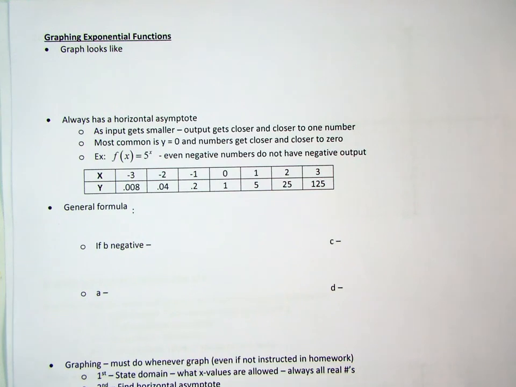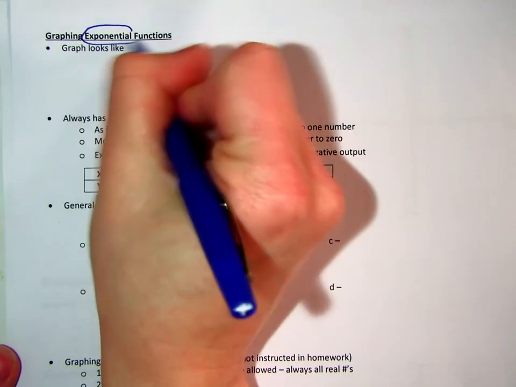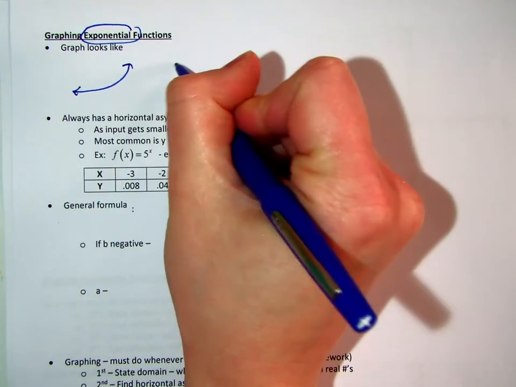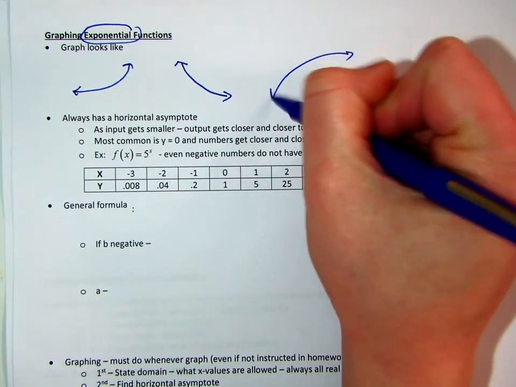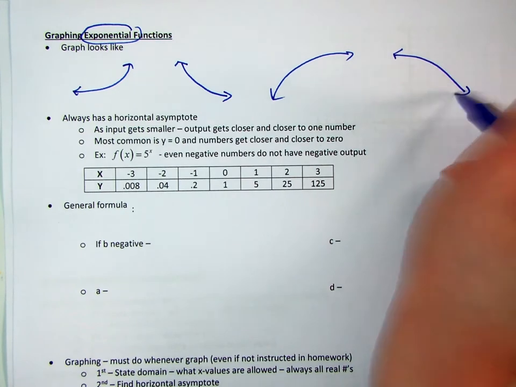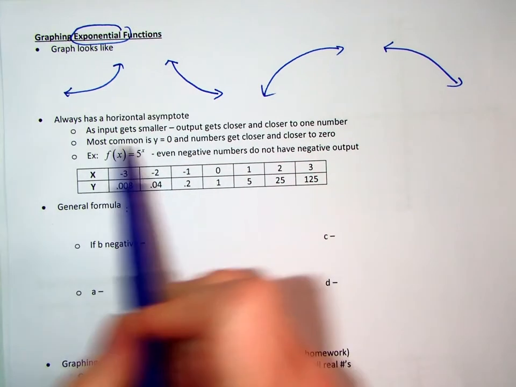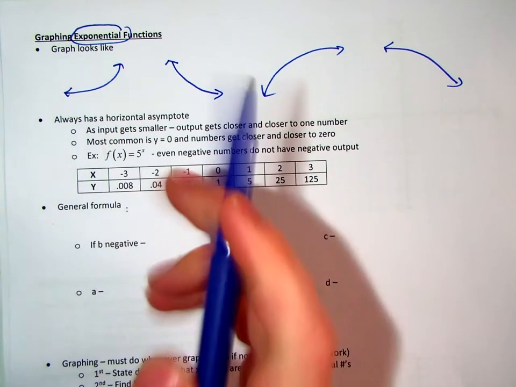All right, so now we're still in section 11.1, but now we're going to deal with the graphing, okay? Graphs of exponential functions look like this, where they kind of curve up, or they curve down, or they can go in the other direction as well. But really, it's almost like half a parabola in one direction or another. Okay, so when we're looking at these sorts of functions, exponential